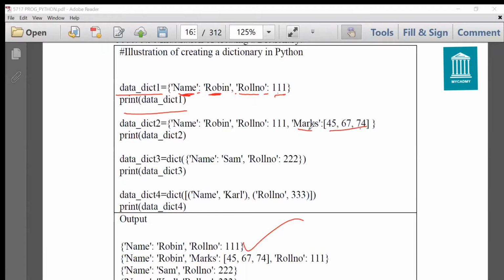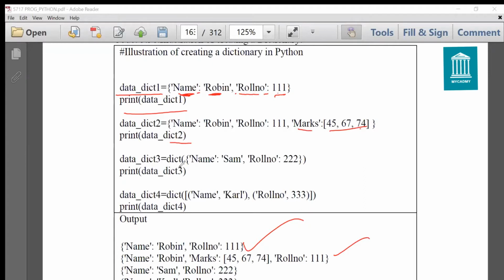You can see that it is very similar to a structure in C, where if I want to store the record of a student with his name, roll number, and marks, it can be done in a single line statement in Python by using a dictionary. So if I print it, it will give you the output as such.